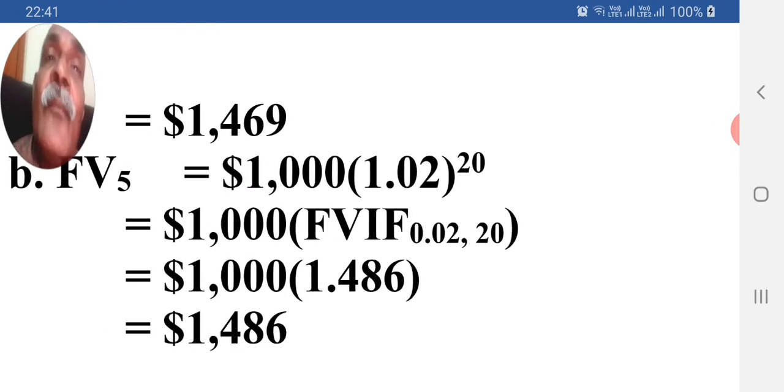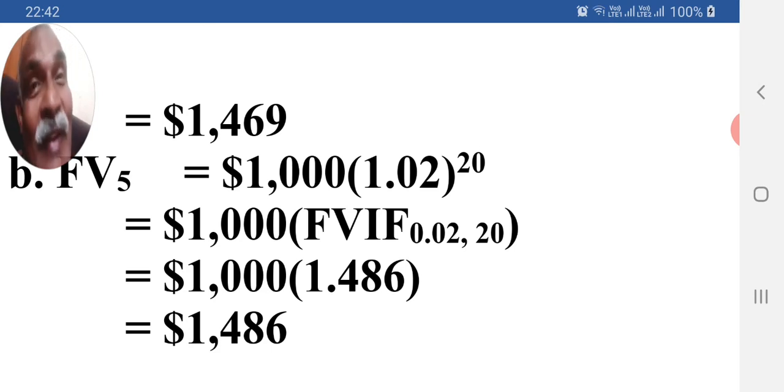Which option is the better one? Compounded annually, semi-annually, quarterly, monthly or daily. When we are comparing in this example, compounded annually you are getting 1469, compounded quarterly you are getting 1486. Compounded quarterly means very frequently, after every 3 months, you are getting interest. It means you are getting interest on interest. That is the reason why your total amount is increasing